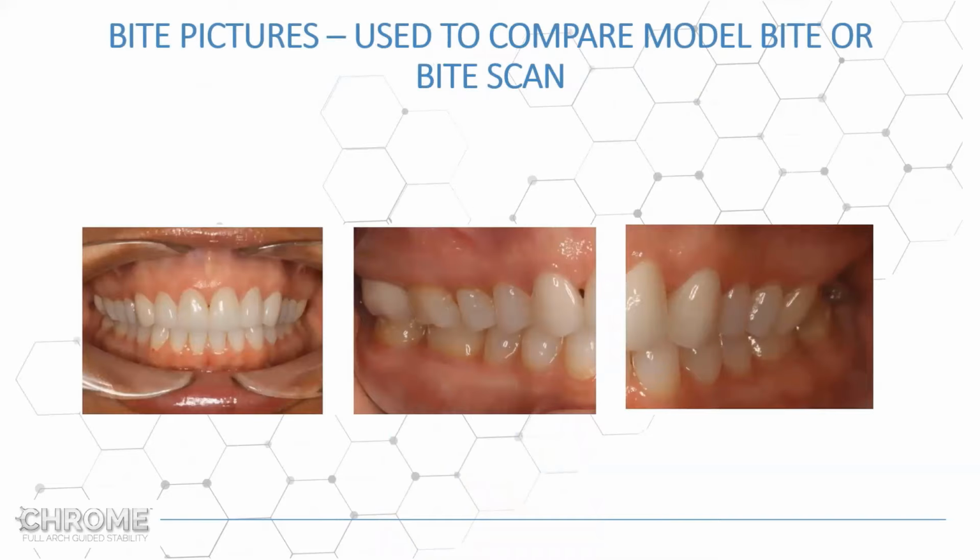So the pictures that we need for the bite are a face forward, as you see on the left, with the teeth in occlusion, retracted, and the left and right buccal views. And you should get pictures with these cases that show that, so that you can compare them to the digital bite scans they send us, so that when we mount them, they can be mounted according to what you see in these photos. And if they don't match, that's when we would call